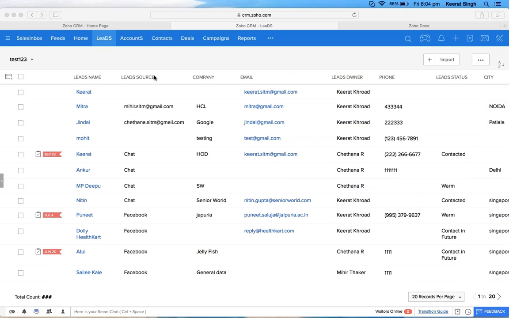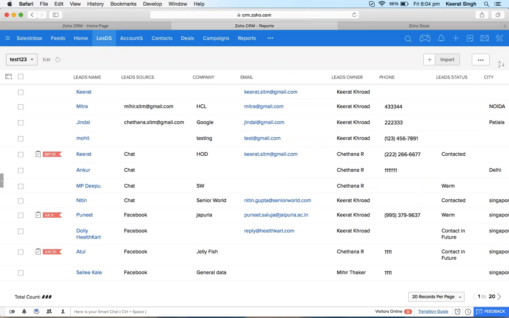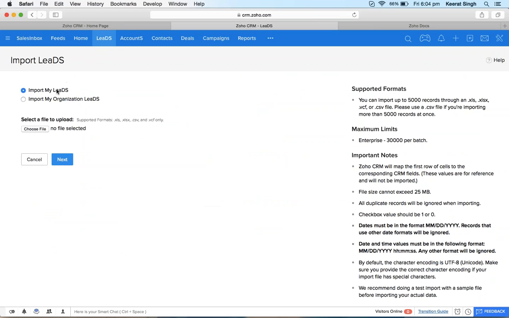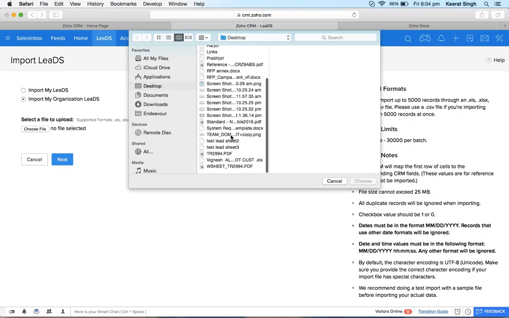Now, if you go to the Zoho CRM under the lead section, you can see the import button. Click on the import button and click on import leads. Here, either you can import your own leads which are assigned to you by default, or you can import your organization's lead. If you select your organization's lead, it means while importing an Excel sheet, you can assign the leads automatically to your fellow sales representatives. You select the file which you need to import,